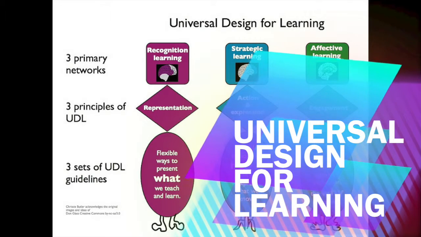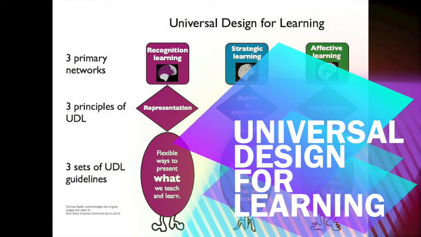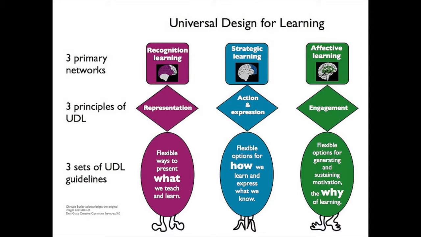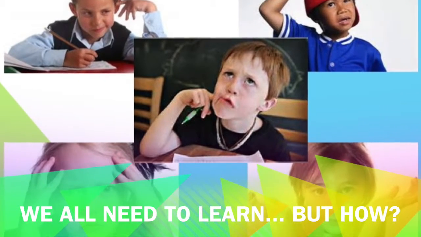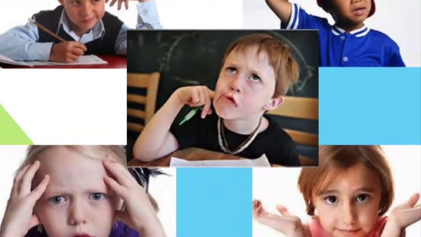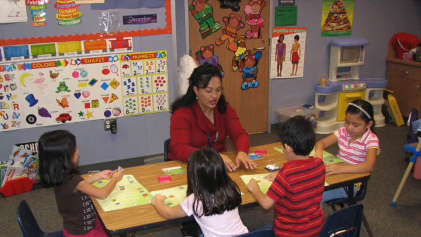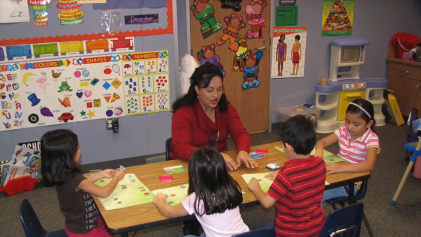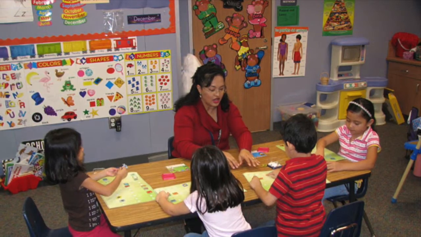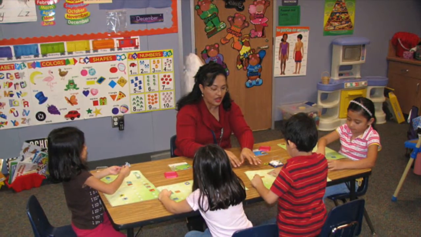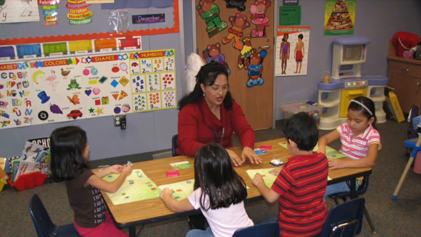Universal Design for Learning incorporates the recognition, strategic, and affective networks to encompass ways to push all of our students, to increase excellence in the low, middle, and high students. I often thought I had to teach to the middle students because it was my largest group, the most effective over the most amount of students. I really struggled with diversifying for the low, the middle, and the high, with ways of scaffolding the low students while still pushing the high students.